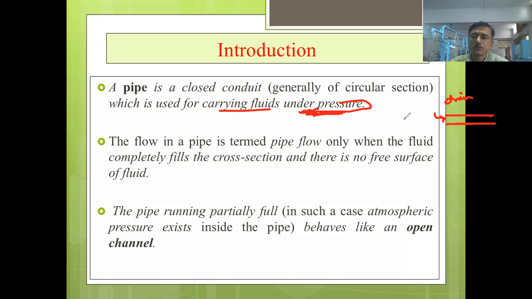So one should not get confused that if there is pipe flow, then it will always be pressurized flow. It is not like that. In a water supply line, the pipelines are under pressure; water flows by pressure. But in a drainage system or sewerage system, water flows by gravity. There is no pressure creation. Water flows due to the slope and gravity through the pipeline there.